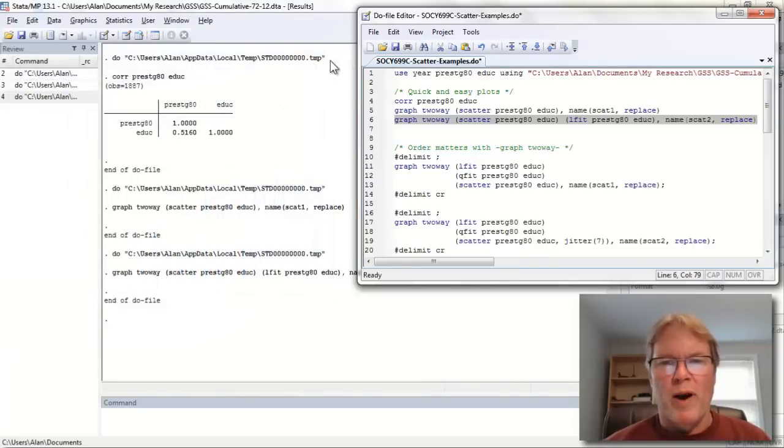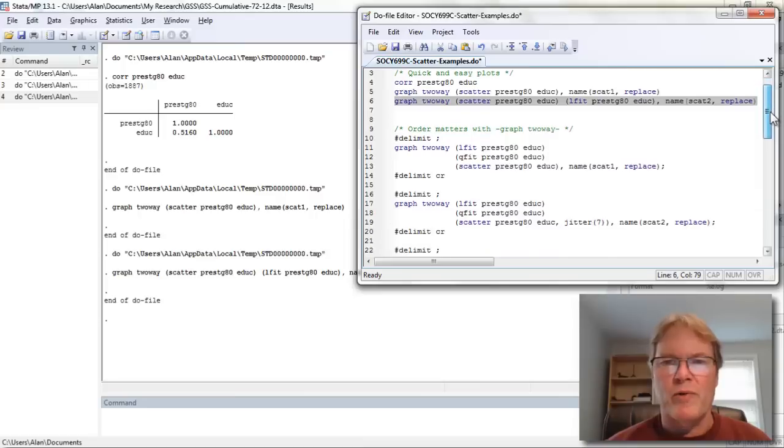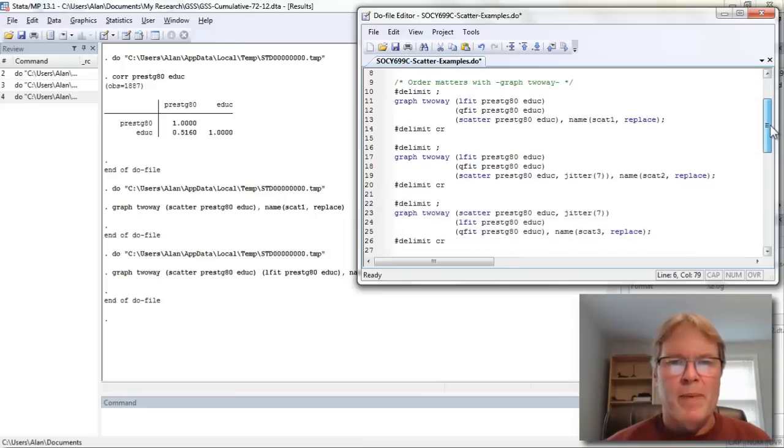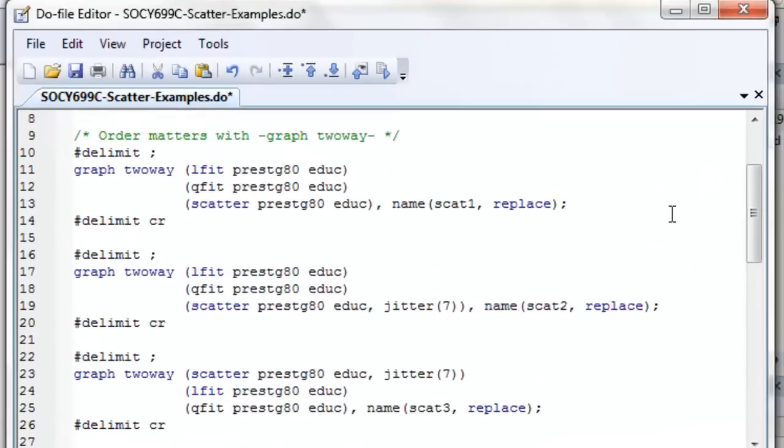We can do a bit more, and I'm going to show you now. We're going to superimpose 3 graphs, because I have a suspicion that the relationship between these two variables is not linear, and that's what the LFIT graph shows us. So now I'm going to make 3 graphs, and look at the difference between a linear fitted line and a